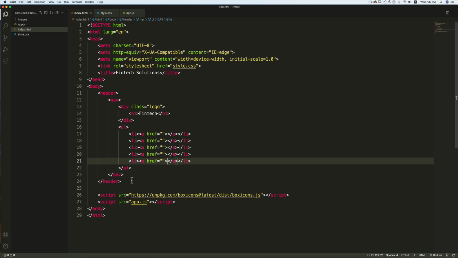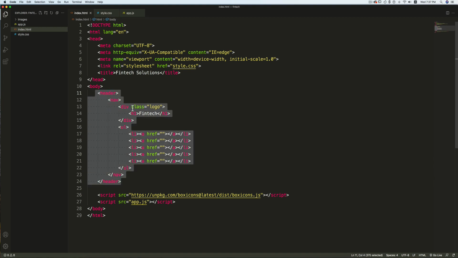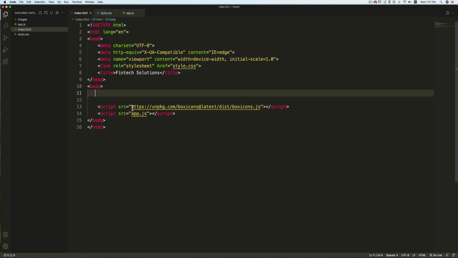So this is one way of writing this. Now I'm going to show you how you can write this using Emmet very easily. So I'm going to remove this. So what we need, first we need a header. So header. Inside this I want a nav. So greater than sign, write nav.